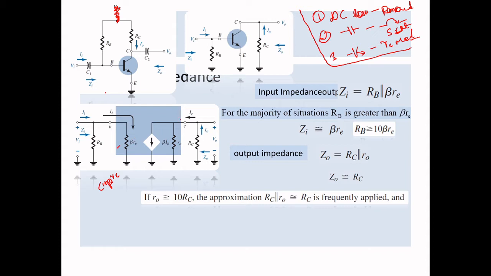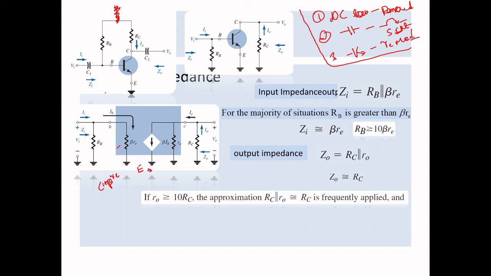Here the IC current, that is beta times IB, is a dependent current source. Why is it a dependent current source? Because of this IB, the IC current is dependent on the input base current. That's why it's a dependent current source. Always this arrow will point towards the emitter terminal that is connected to the ground. These are the shortcut hints for drawing the model simply. So beta re is between base and emitter, and between collector and emitter the dependent current source is beta times IB.